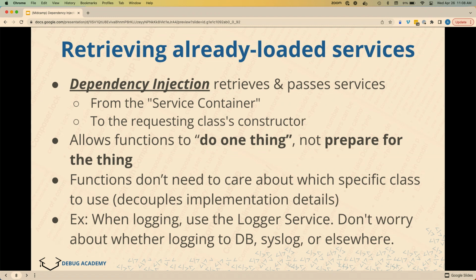Now, how do you access these services that have already been instantiated? One of the ways is through dependency injection. If you create your own service, as we'll see in the code a little bit later, you would typically list the other services that your service depends on.